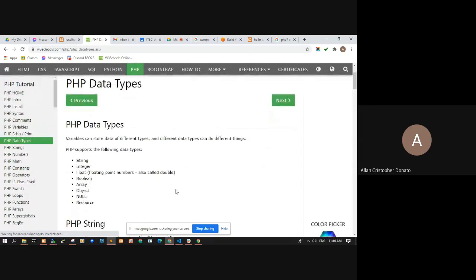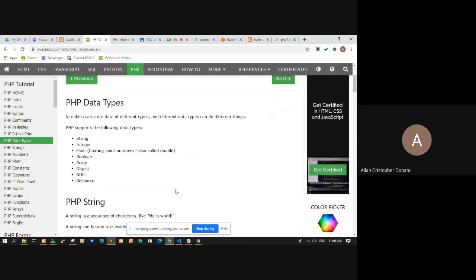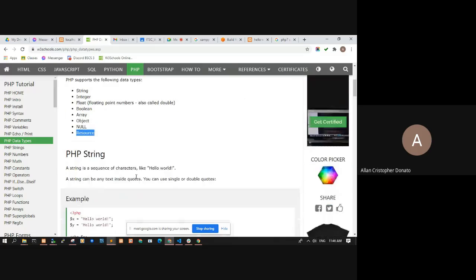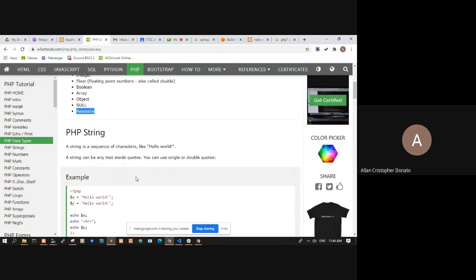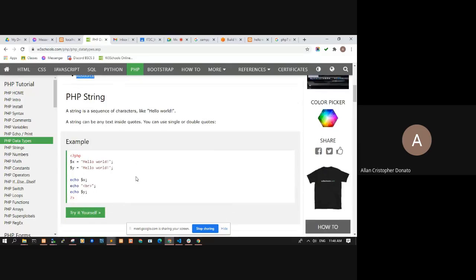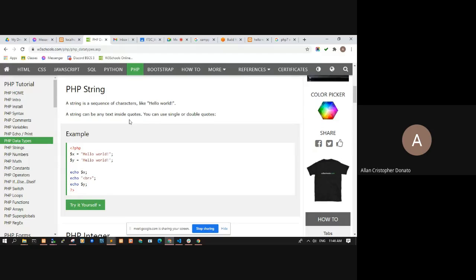So data types, we have string, integer, float. Float also contains double. And then we have boolean, array, object, null, and resource. Resource are your files usually. So a file is called a resource in PHP. And then string.